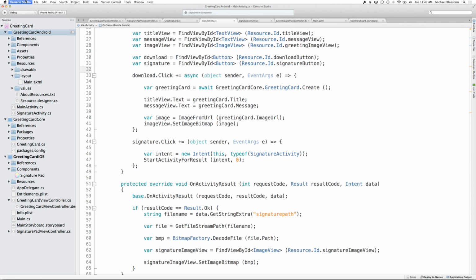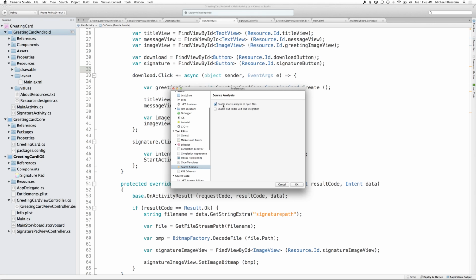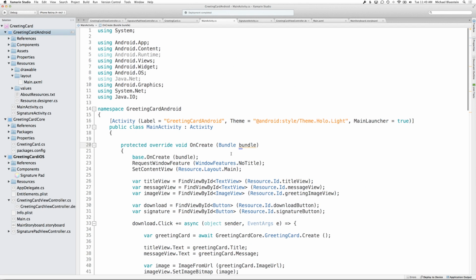So if I went into the Xamarin Studio preferences, and I went down into text editor, it says source analysis, enable source analysis on open files. That's what gives you that. So you get all these little, some of them are warnings, some of them are errors. You can see here I've got something that I did, and it's going to tell me some kind of warning. Here, if I get the tooltip, there, warning, parameter name differs in the base method